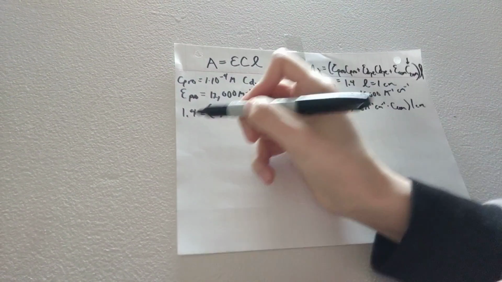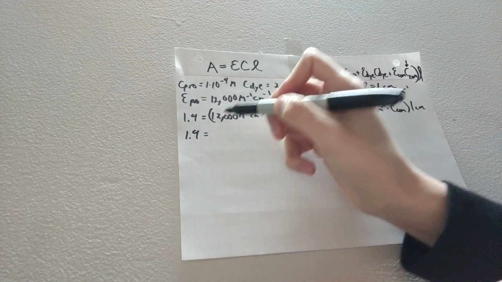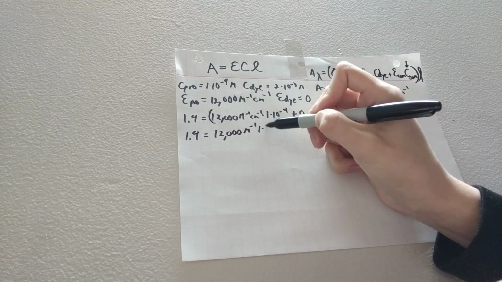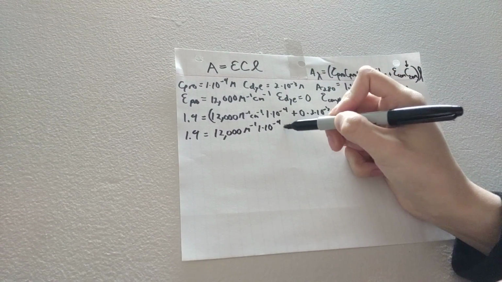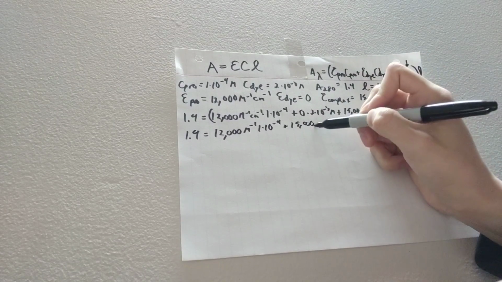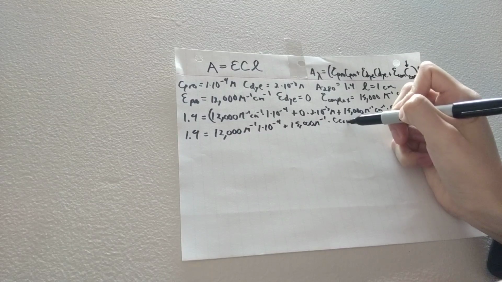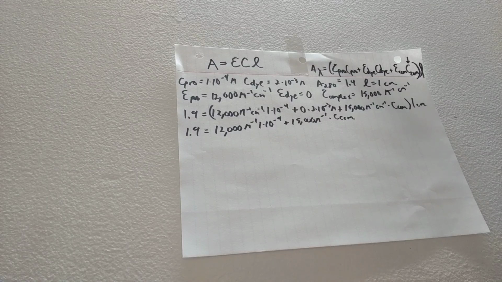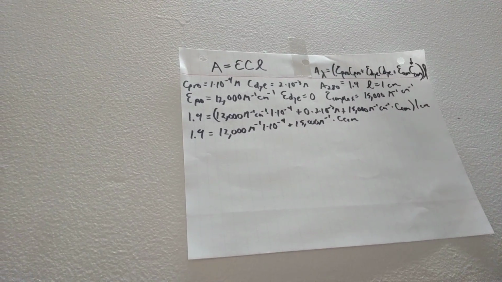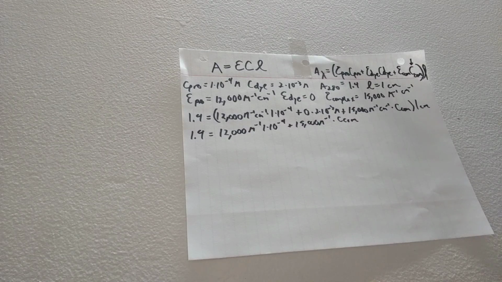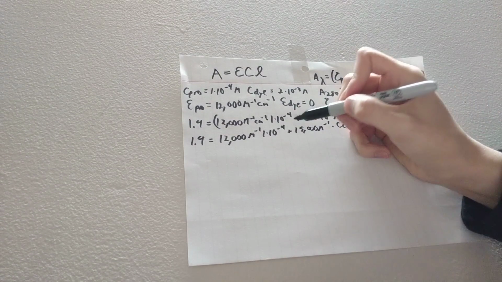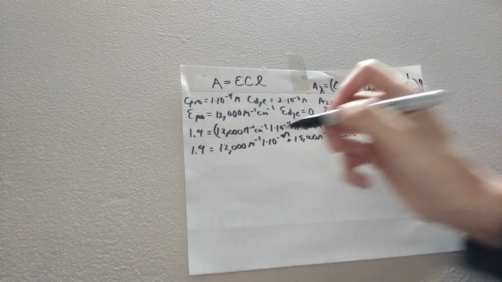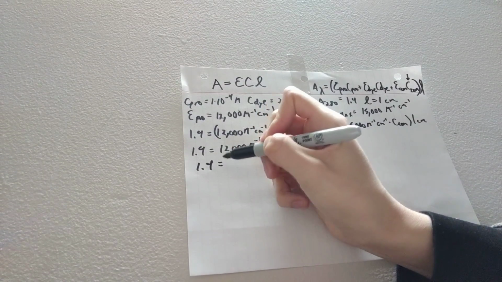So this just becomes 0. I'm going to rewrite this without the centimeters since it's getting multiplied out. Okay, so now with that out of the way, I'm just going to start solving. So once I calculate these numbers, let me just put in my concentration right there. Once I plug in these numbers, I get